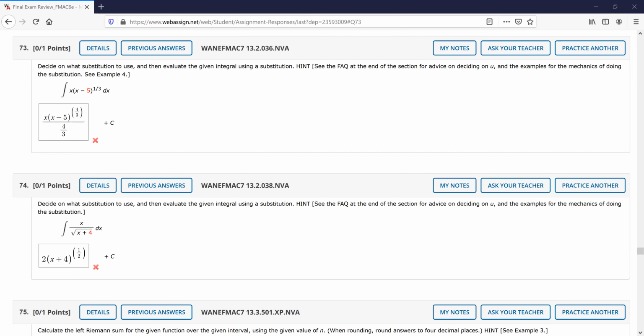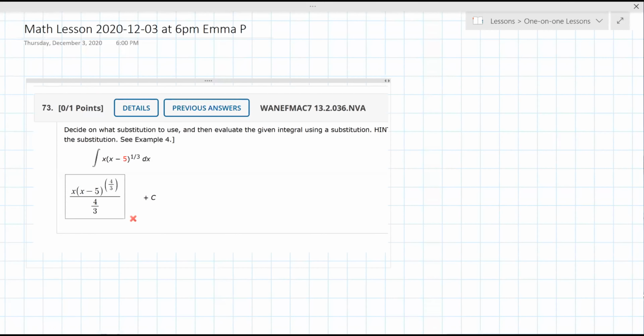Substitution. I'm going to switch sharing. Okay, so the u here. I cannot believe this. I think the issue I had was what to do with the x on the outside. I don't know what it was, but